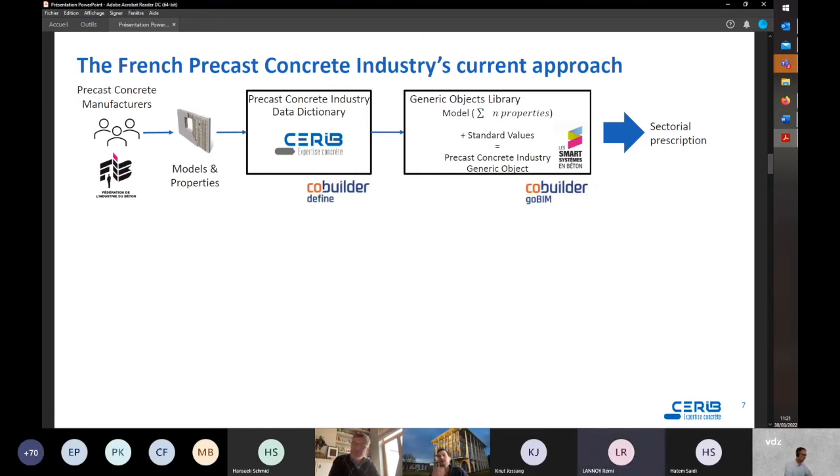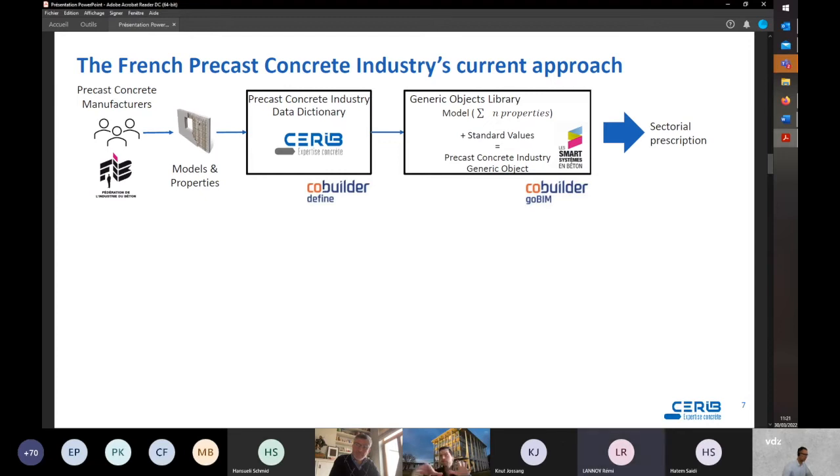In the current approach, we work as follows. First, the CERIB is the maintainer of the data dictionary for the precast concrete industry. The initial models with data templates are described by the manufacturers in the FIB working groups.